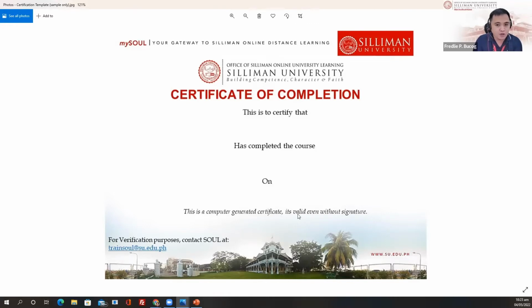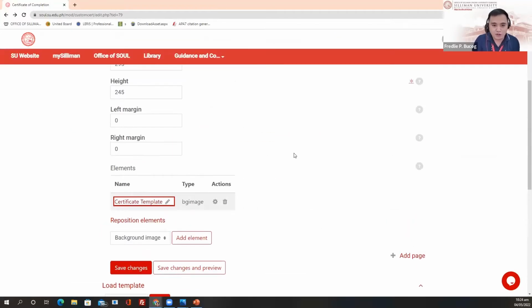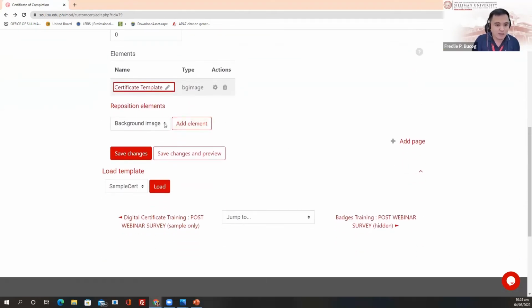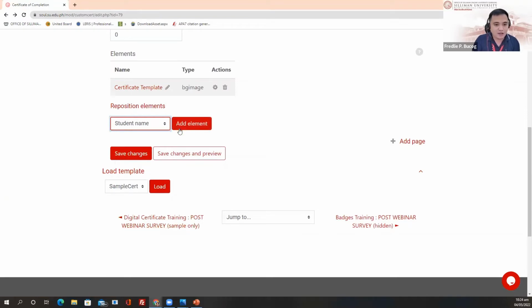And then in this part, in order for that certificate to be unique, you will add something like, for example, a QR code or, let's say, a code of that certificate, then you can also include that one. So here, let's go back to your sole page, and then we will just simply add the student name. Okay, student name, and then you can click the add element,